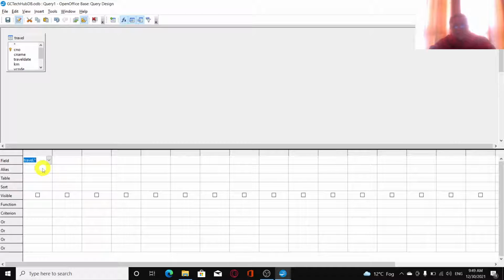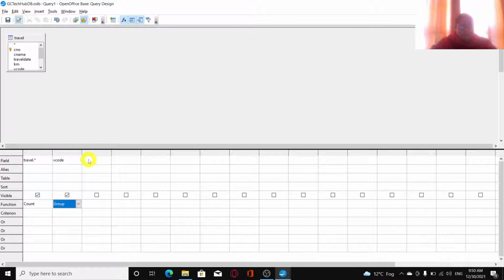So what exactly we are going to do is, because we are going to count the number of records in each group, this first asterisk part is used only for counting purpose. So I'll be actually counting the number of records. So from here, in the functions part, I'm going to select count. So this part will give me the count of the records, and the second one will be the V code, because we need to group the records based on V code. So we'll come to this function part here, and from here we'll select group.